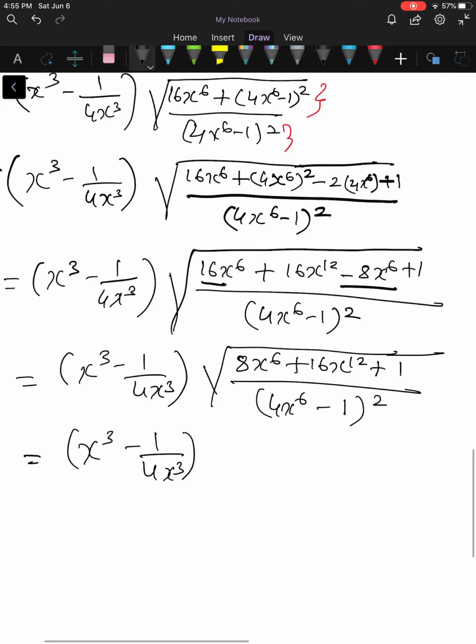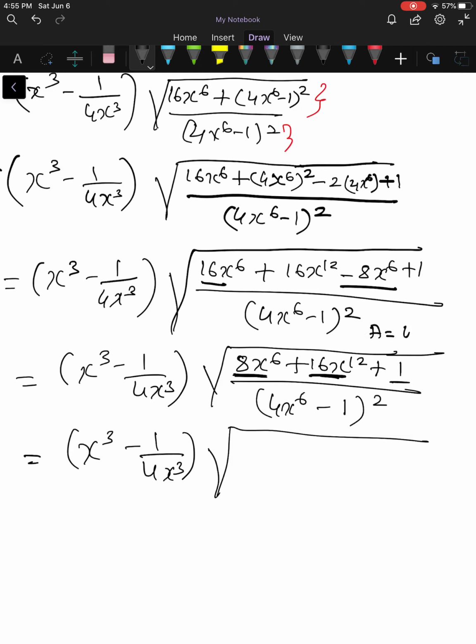You can observe the numerator now. It is, this should be the first term. Okay, 16x to the power of 12 and 1 are perfect squares. So if I consider 4x to the power of 6 as a and 1 as b, you can use the special factorization formula, and the middle term, this one, has to be the middle term if you write it in order of powers. It is of the form 2ab.